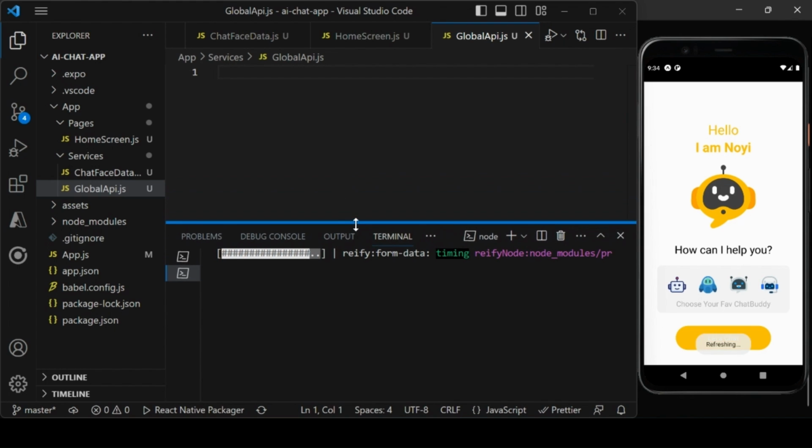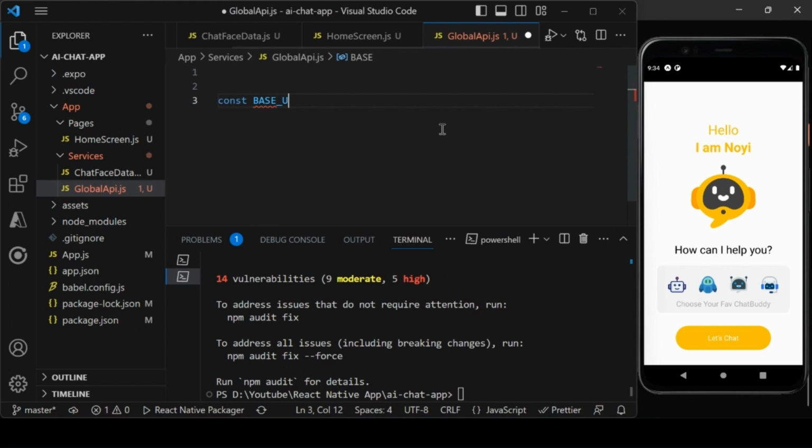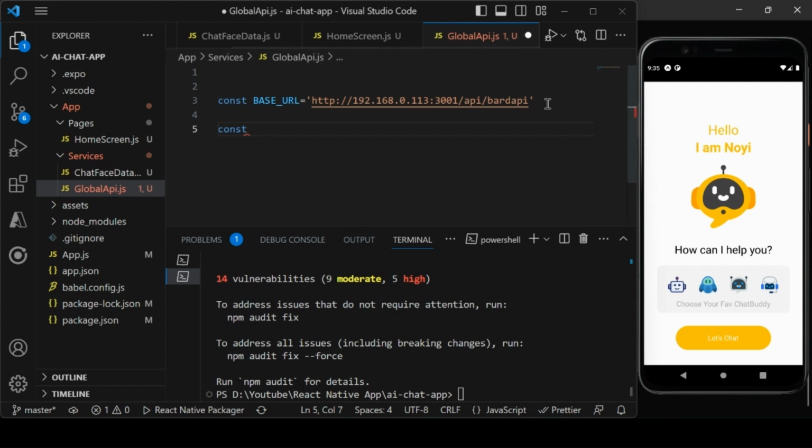And here we can call it in our project. First of all, let's define the base URL of our API endpoint. In this case, our endpoint is this one. This is nothing but the IP address of my system, and this is the port number. So our port number is 3001 slash API slash bard API. Then let's add the endpoint here. We'll say getBardAPI,